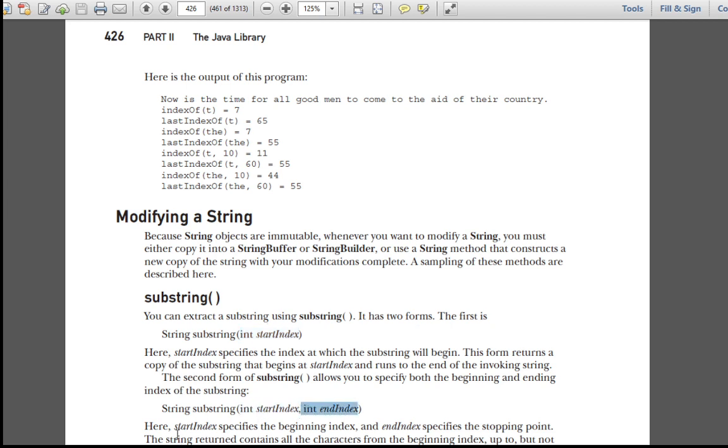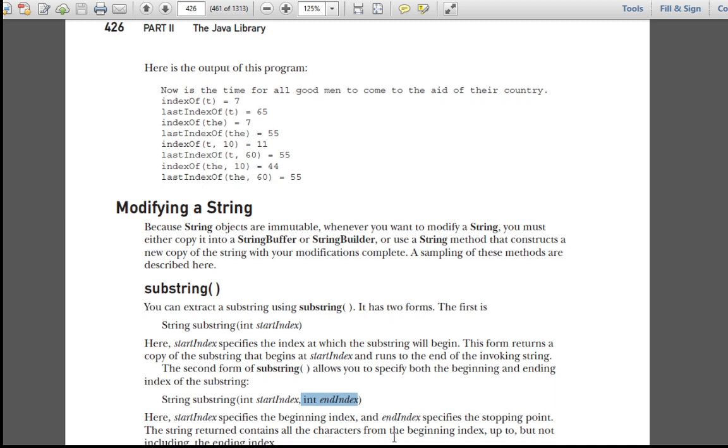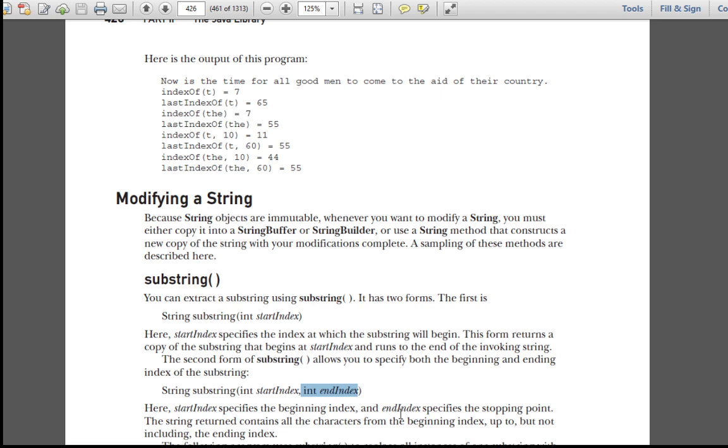So startIndex specifies the beginning index and endIndex specifies the stopping point. The string returned contains all the characters from the beginning index up to, but not including, the ending index, because we always know that end index minus 1 will be there. So that end position will not be included here.